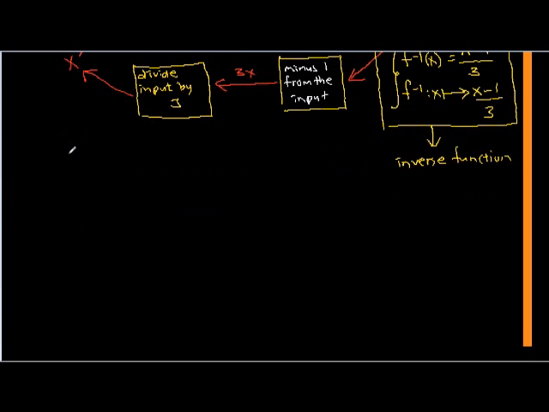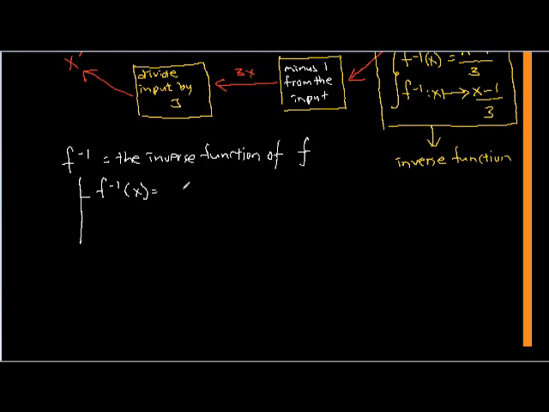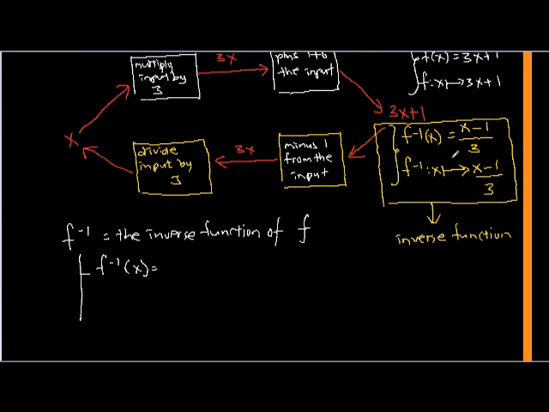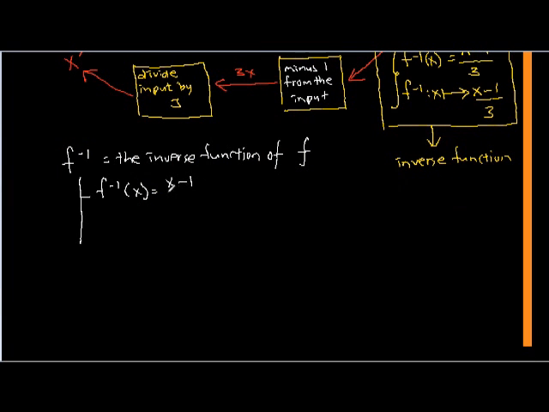So this symbol f negative 1 simply means the inverse function of f, and there are two ways to describe the function. First, f negative 1 of x equals (x minus 1) over 3, or